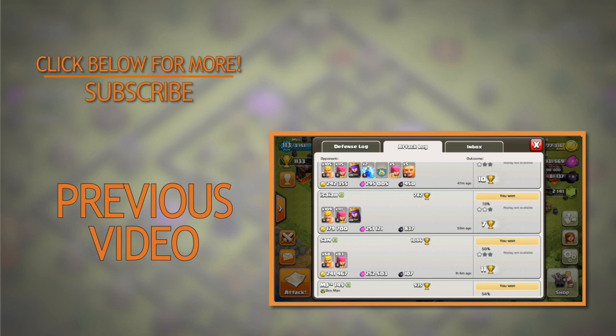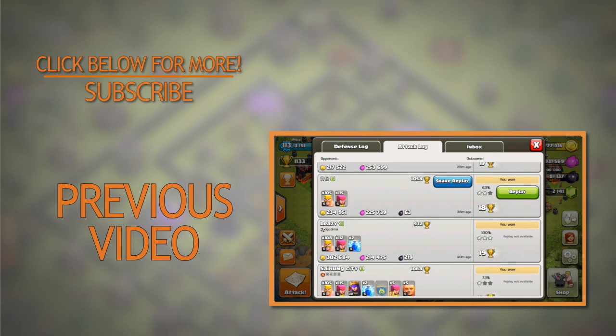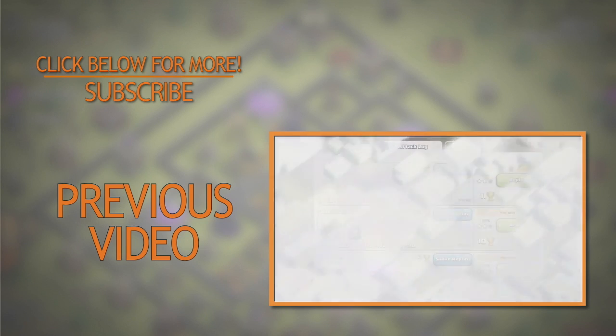Every 10 minutes or less than 10 minutes I found a base of which I could steal like 200 to 300,000 gold on average. And if you look at this one, like this one was a 300